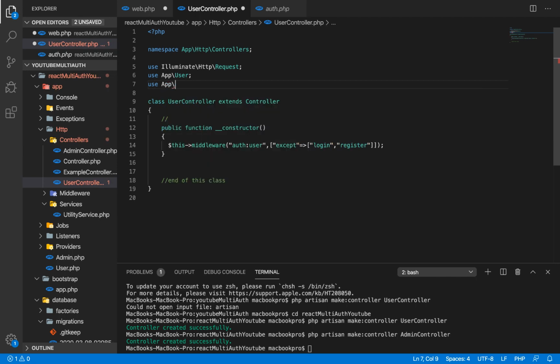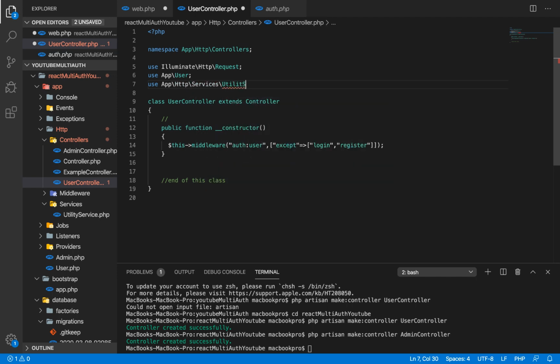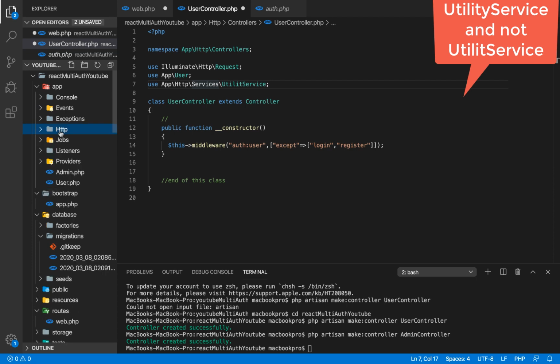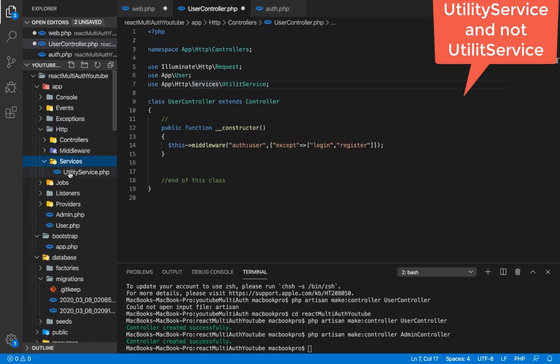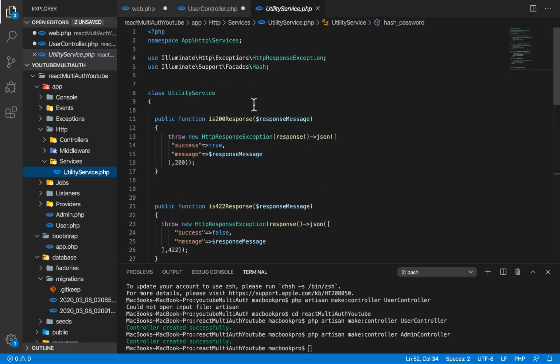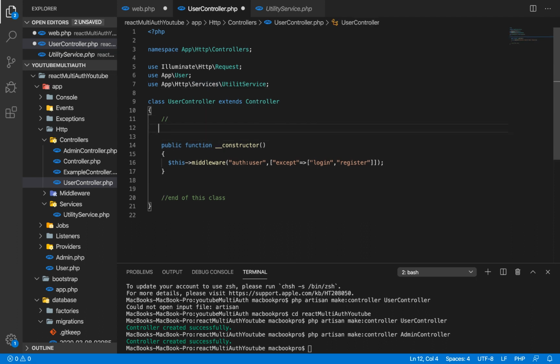So use app/http/services/utility service. And let's see, app http services, yep, utility service.php. Let me see the name of the class. It's called utility service. All right, so we can now save this,